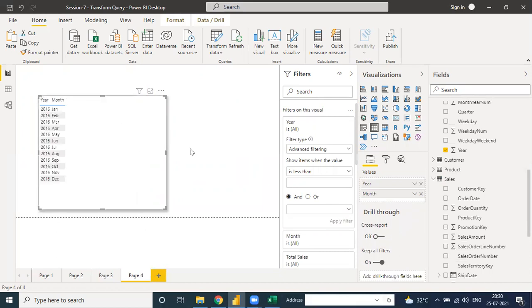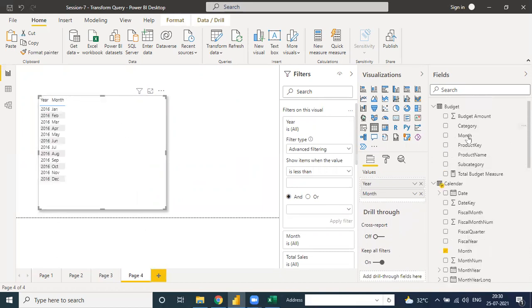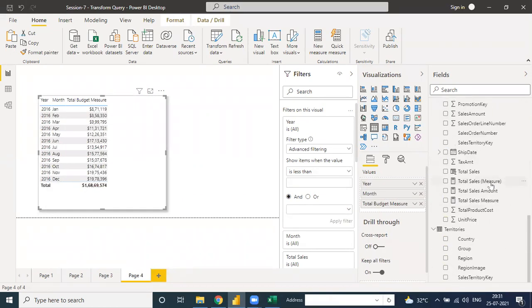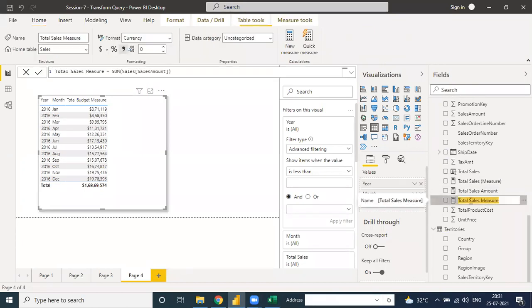Now we put only measures, like the total budget measure here, and the sales measure, total sales, this one.